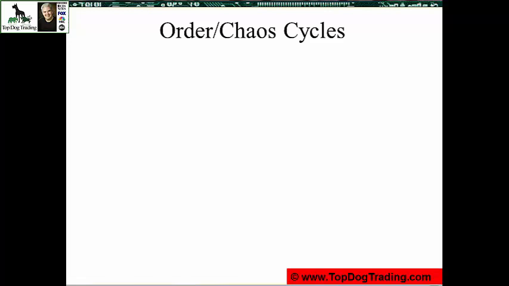This is one of those cycles that is rarely talked about. In fact, I hardly hear anyone talk about this, and yet it is one of the most important. So we have talked about calendar cycles, and we have talked about high volatility, low volatility cycles. Well, this one is what I call my order chaos cycle theory. And it basically means this. Well, let's start out with a little example here of where this comes from and how it all ties together.